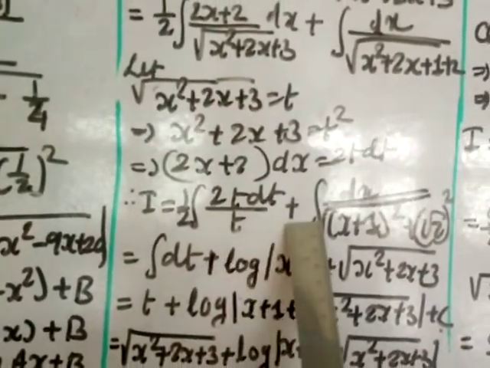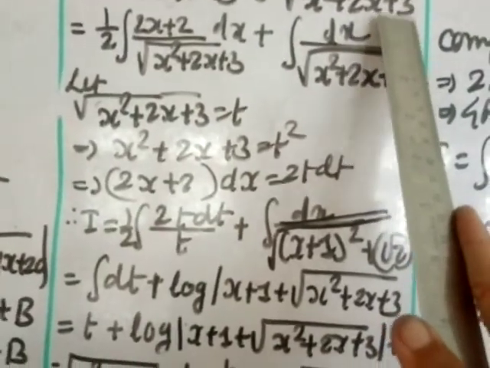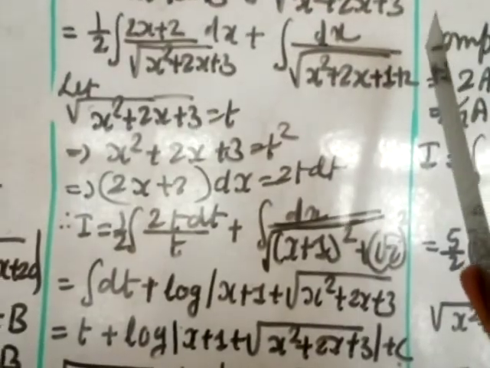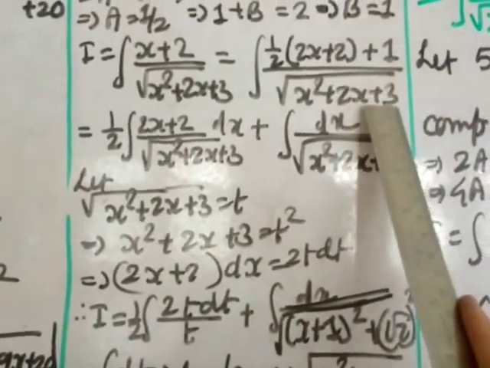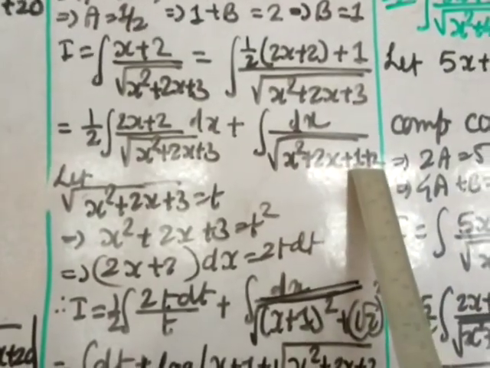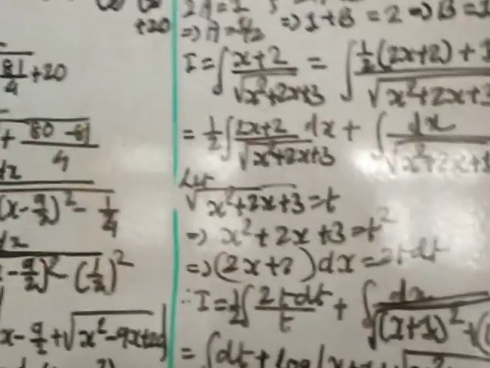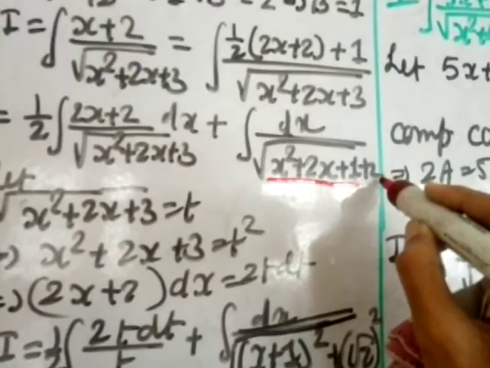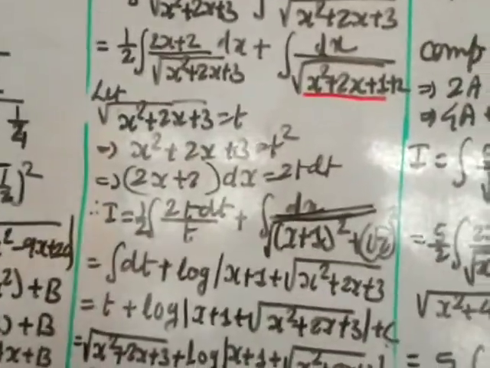So divide by t plus here I am making perfect square, so I know if I take from here 1, this will become perfect square, or you can divide 2 by 2 which gives you 1, so you add 1 minus 1. So instead of that I have got 3, so I'll divide 3 into 1 plus 2. Okay, so I get this 1 up to here will give you the perfect square. Okay, the first 3 terms, this will be perfect square, and this 2 plus 1 gives you 3, so I don't need to add and minus, it will come directly. Okay, so I have not done it here, but you can do it if you want. Okay, it will be the same thing.